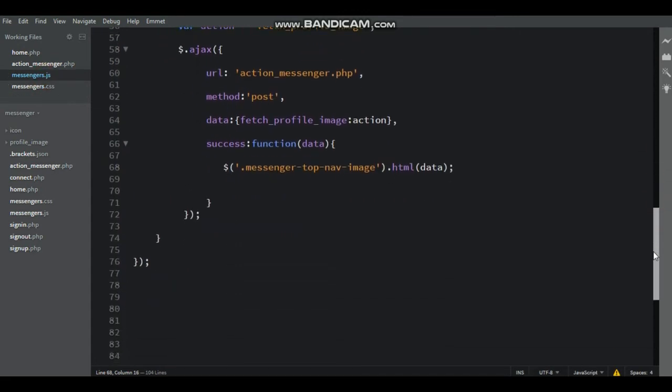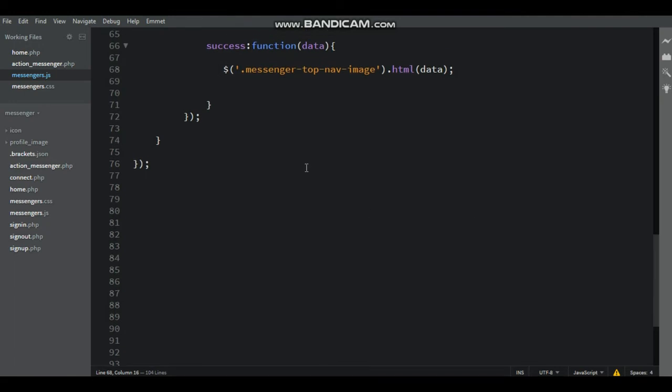Now go to the messenger.js file, just tag write fetch search users.